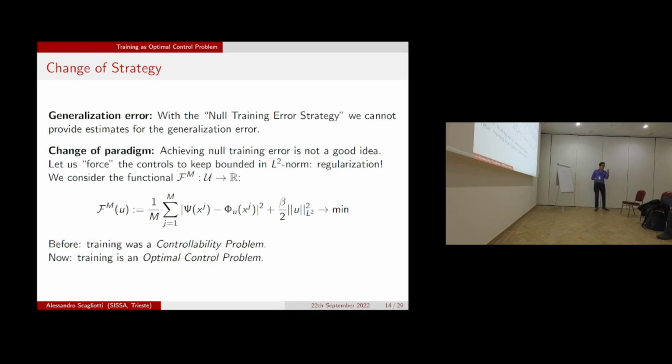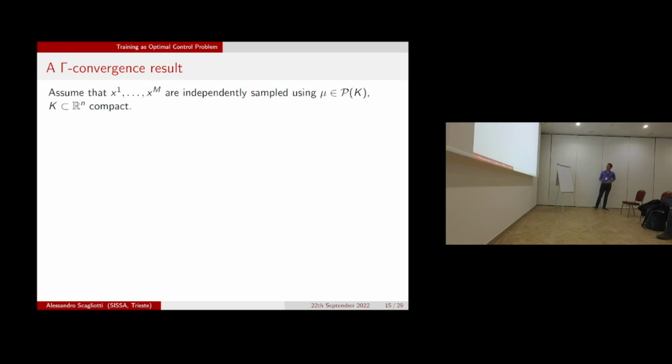Okay, before with the poor training strategy, we had just a controllability problem. Now this is an optimal control problem. Basically, you can call it an optimal control problem whenever you have a function to be minimized on the space of admissible controls. Okay, so now the next step in order to provide an estimate of the generalization error is to